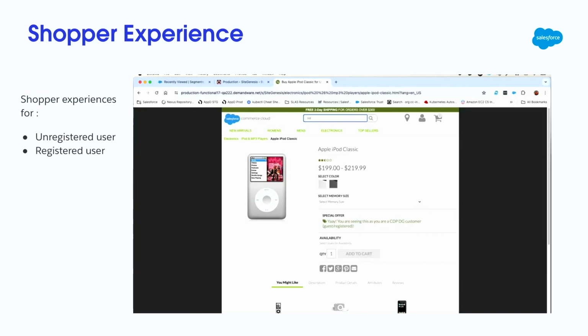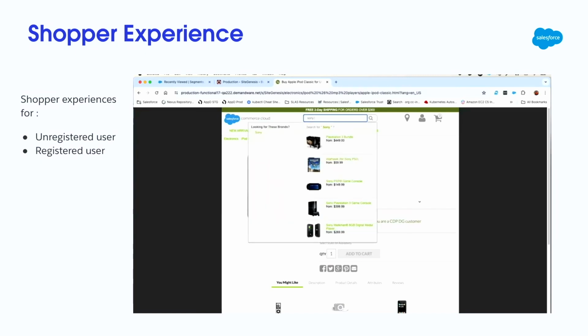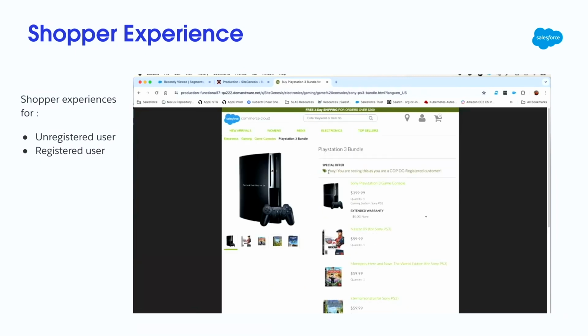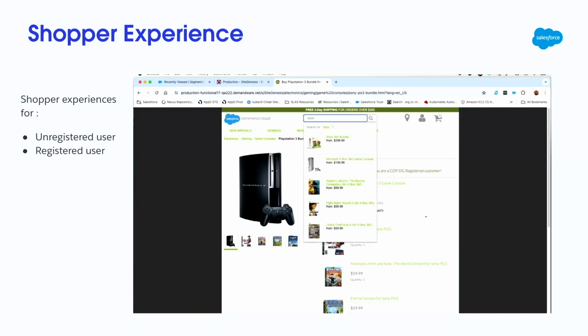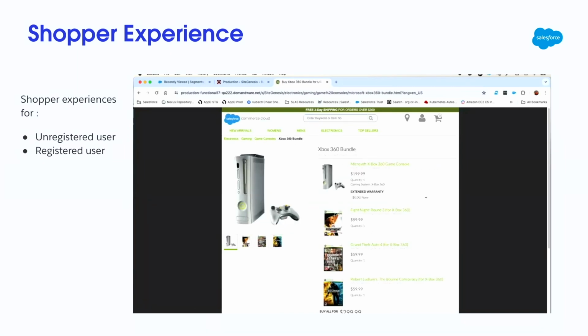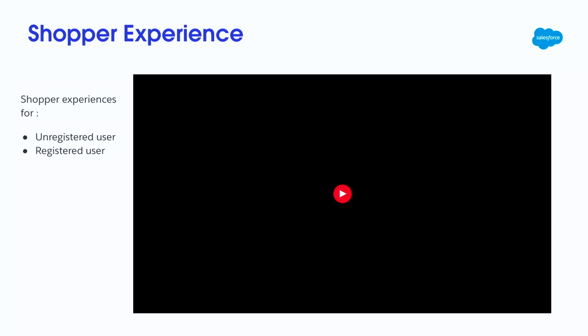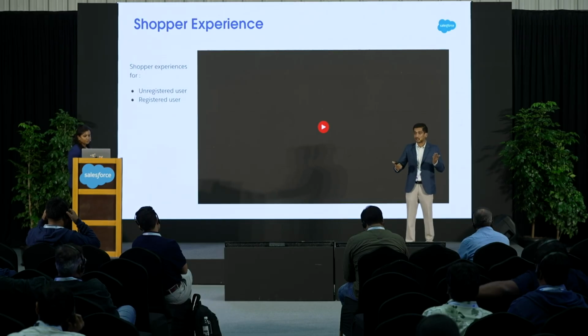iPod I could see because this particular promotion was created for all users. Now, let's look at Sony PS3 because that was specific to the registered users. There you go. She's seeing that access as well. Additionally, just to explore a use case, for Xbox 360, which was only targeted for my guest users, Akshaya, who's now logged in, cannot see that particular offer. So what we did here was, with the help of the segments created on Data Cloud, we associated a customer group. We drove those personalized experiences for the different set of users.